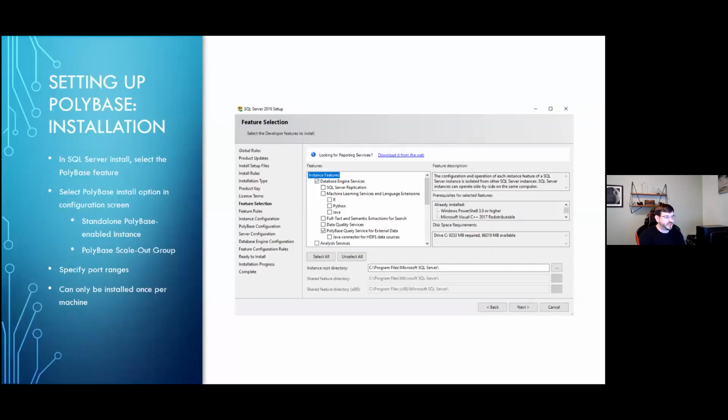All right, so if we're setting it up, basically all we have to do is go into SQL Server. You would run your SQL Server Setup with a normal install, either add more features or do a new install. Whenever you're clicking through and get to the feature selection screen, you will choose the Database Engine, but the other one that you'll choose down there is PolyBase Query Service for External Data. I don't have it selected here, although I should, and that is Java Connector for HDFS data sources. I usually install that as well,